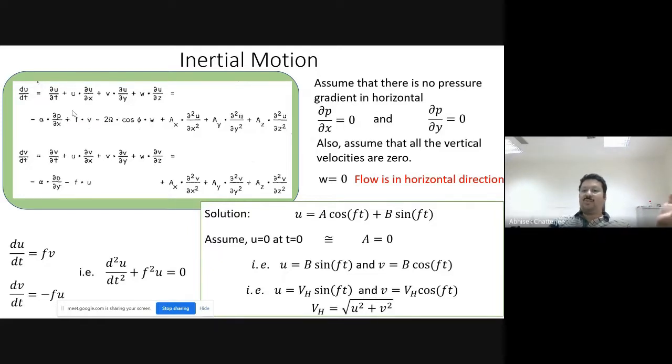So we are assuming that there is no pressure gradient, because if there is a pressure gradient, then that can change the flow, it can stop the flow or accelerate the flow. So we don't want that kind of force. Basically we don't want any force. We are assuming that there is a motion and then the forcing stopped because of something, and then the flow has to be free, without any external force. So that's why we're assuming that del p del x is 0, del p del y is 0, so the motion should be due to inertia only. There should not be any external force. We are also assuming that there is no vertical velocity, so the flow is basically horizontal motion, and there is no vertical motion at the moment.